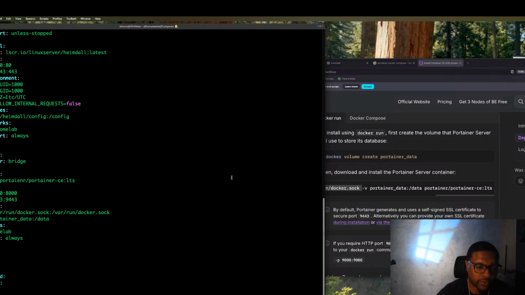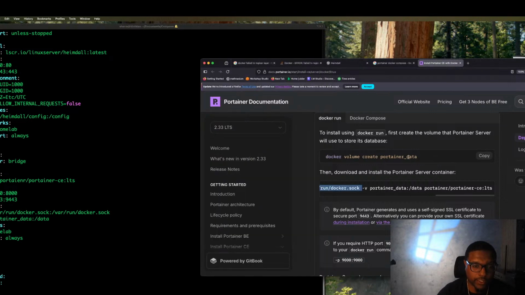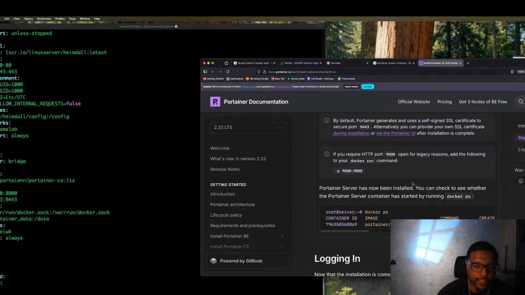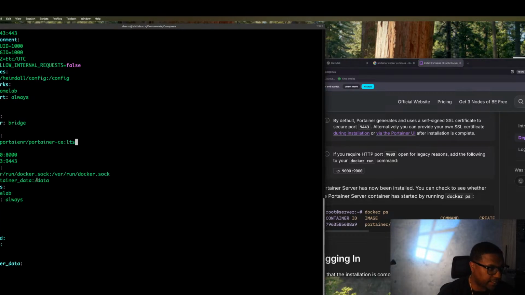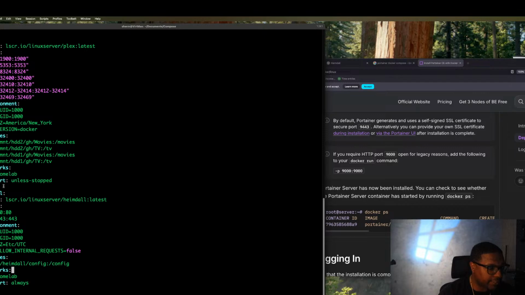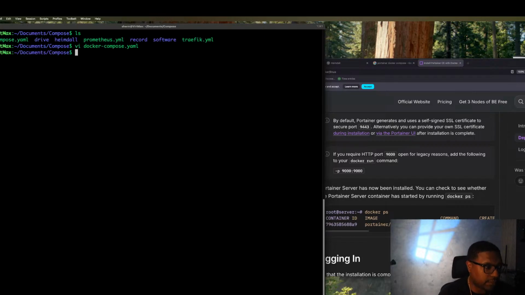You can also do docker volume create portainer_data, right? And it'll be assigned like so. We should see something like this. We have that in there. We already have Imdale running, and we already have Plex running, right? So now I'm going to save that, and I'm going to see if it runs. I'm going to do docker compose